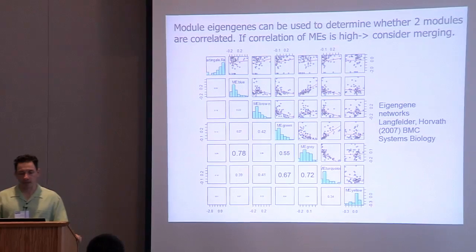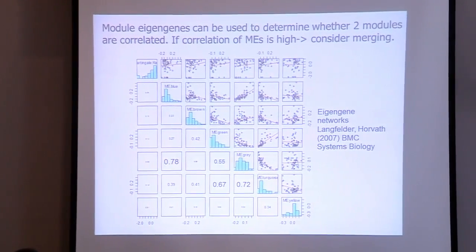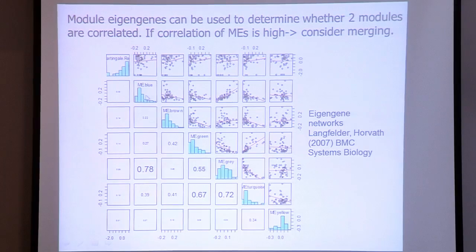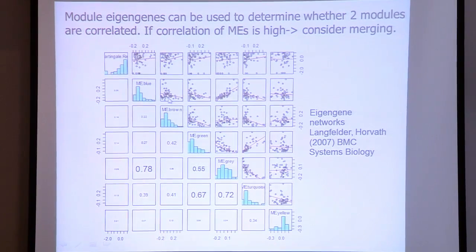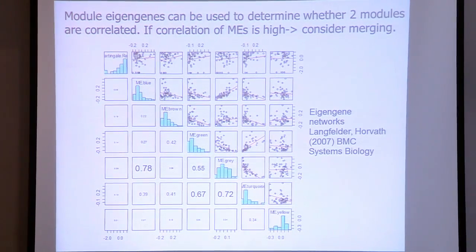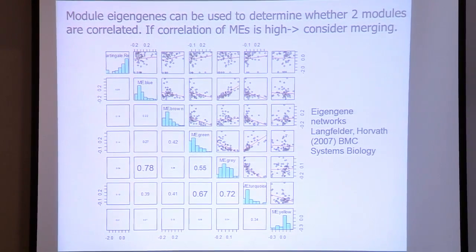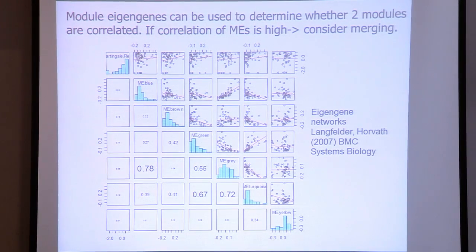As I mentioned, we can also relate module eigengenes with each other. So here I show pairwise plots between module eigengenes. The only thing I want to convey with this figure is that module eigengenes can have high correlations with each other. You could have two distinct modules, let's say the brown module and the green module. Here every dot is a sample, and you see there's a negative correlation of minus 0.42. So modules can be related, which is a biologically reasonable thing, because let's say modules correspond to